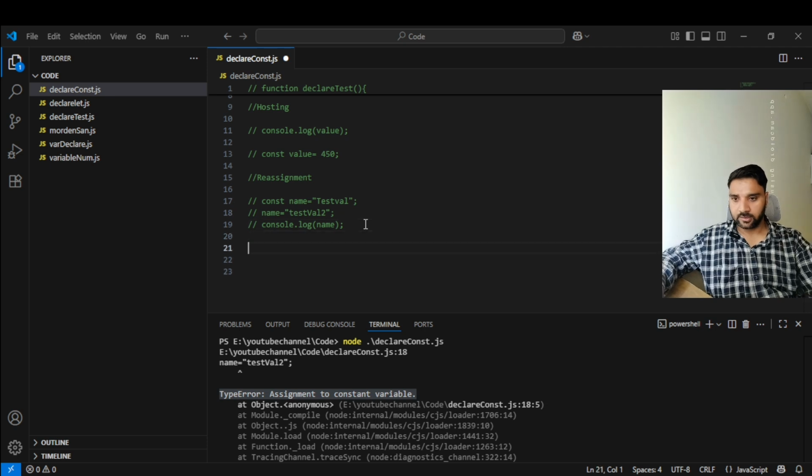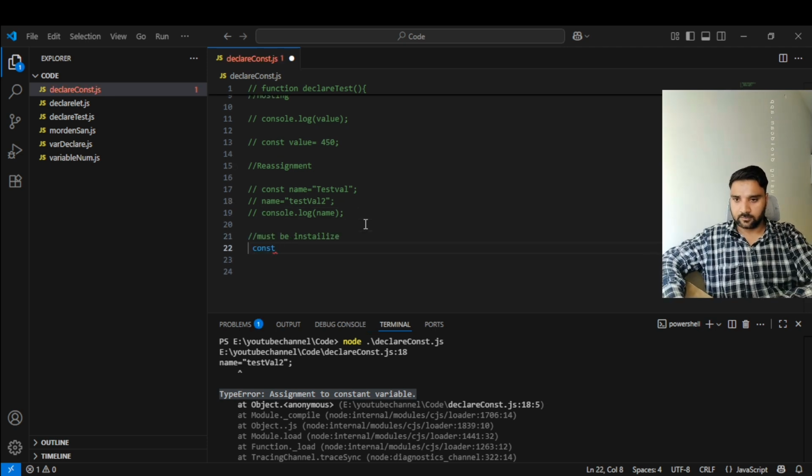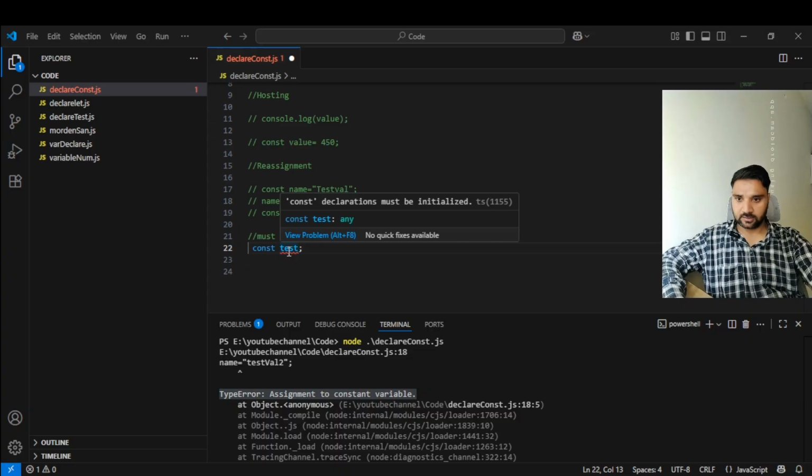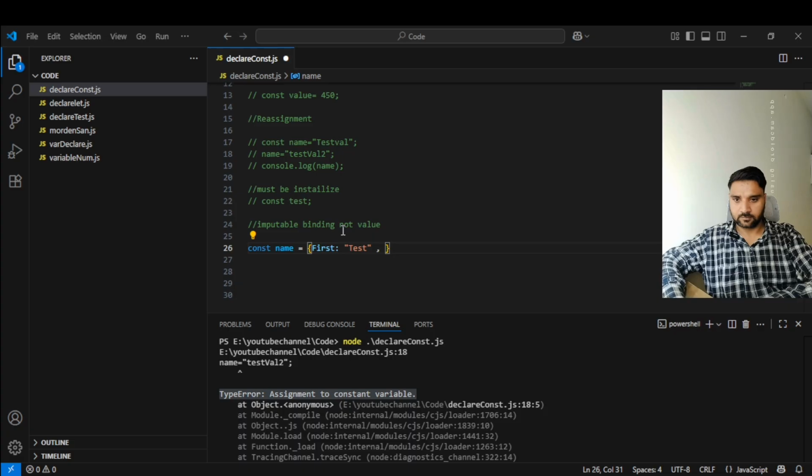In case you are declaring without initializing, then it will give me a syntax error before running. If I'm trying to declare any test variable using const, then I have to initialize it. It gives me a syntax error like const declaration must be initialized. Another fact about the const is